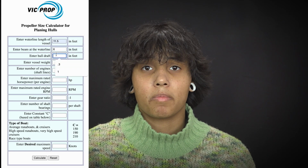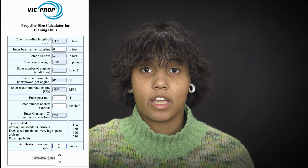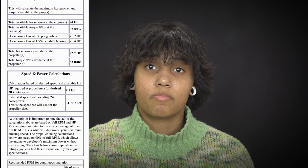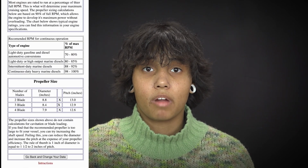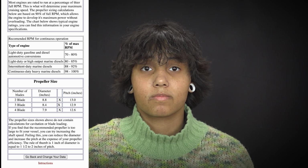Using an online prop calculator, we determined that the ideal 3-bladed prop would be about 8.4 inches in diameter at 12.9 inch pitch. We plan to look for props in that range and perhaps adjust from there depending on the boat's performance. We purchased our wood hydroplane already partially built, although the outer shell of the hull was epoxied together,